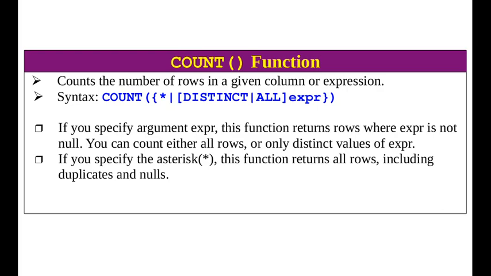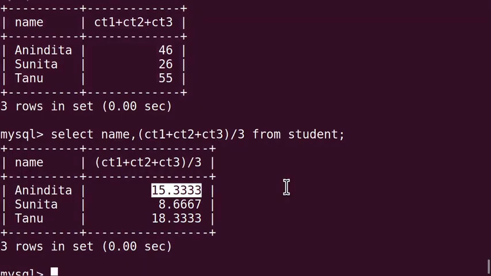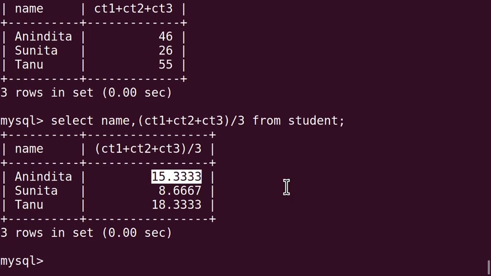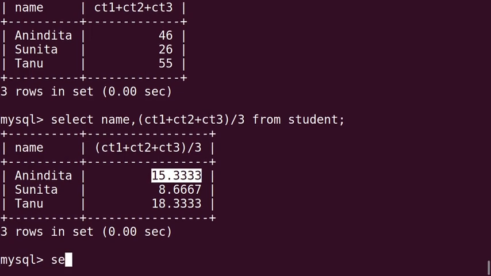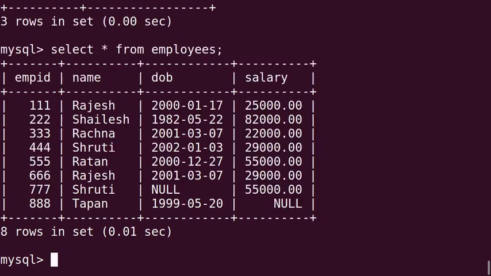Let's see the execution. Once more, let's take the table. Select star from employees.